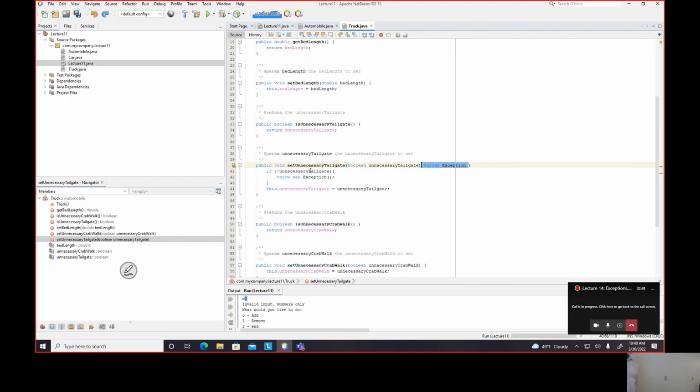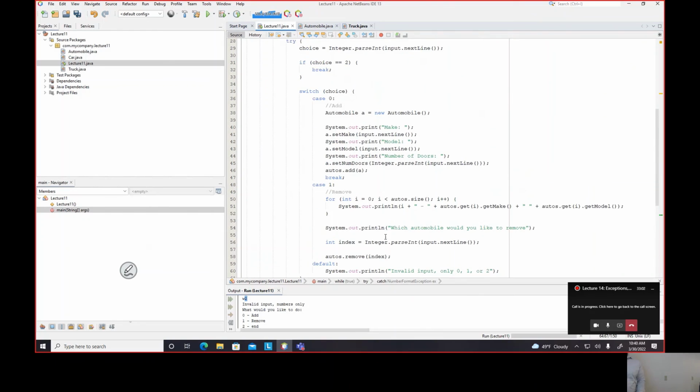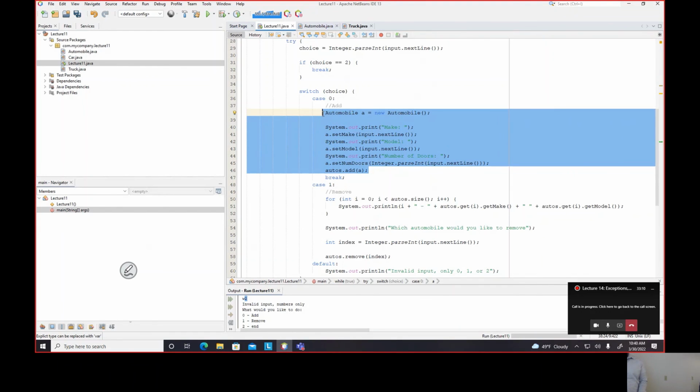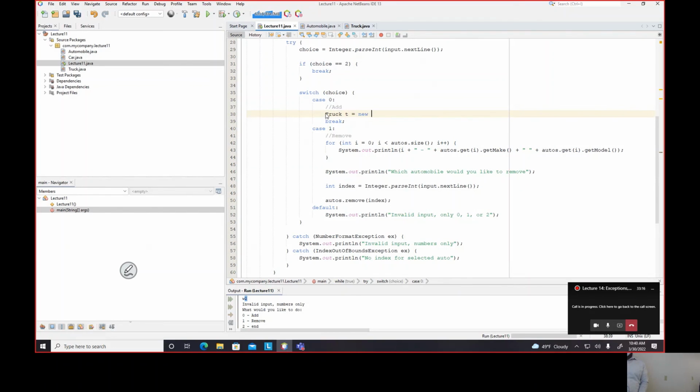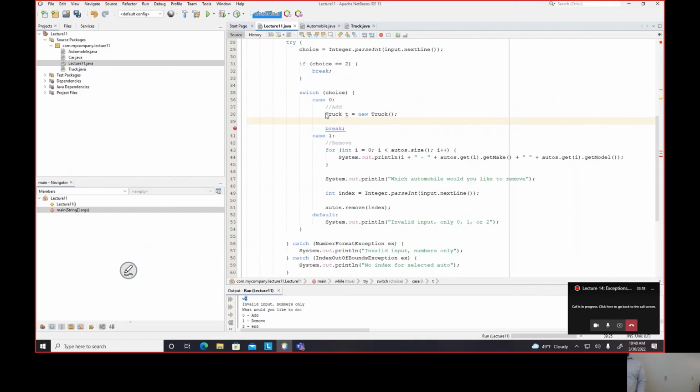And so let's say if unnecessary tailgate is false, we want to throw an exception. Hey, there was an issue. We are declaring when an exception is thrown, right? So if I go back to my lecture 11, let's say instead of automobile, we want to make a truck. So truck T equals new truck. System dot out dot println, is the tailgate